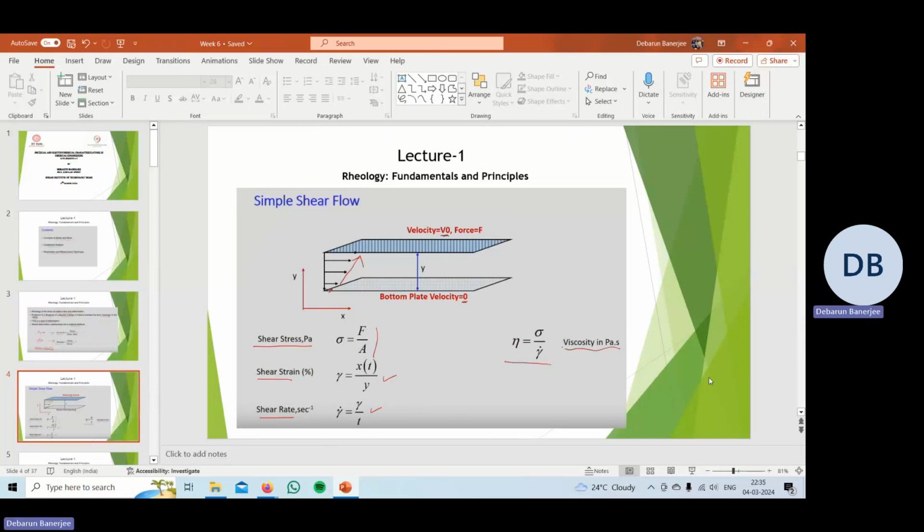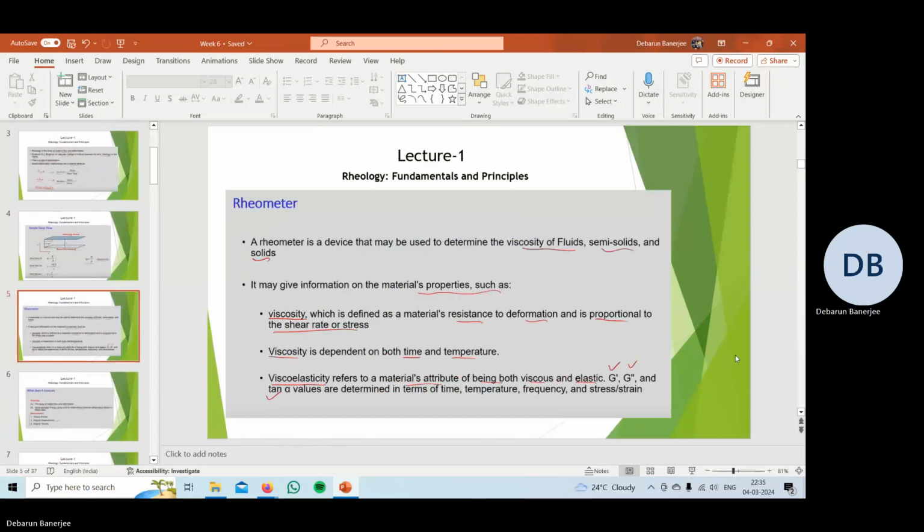And this particular ratio of shear stress and shear rate is called the viscosity. Eta equals sigma by gamma dot, which is equal to shear stress by shear rate. So a rheometer is a device that may be used to determine the viscosity of fluids, semi-solids and solids. It may give information on the material's properties